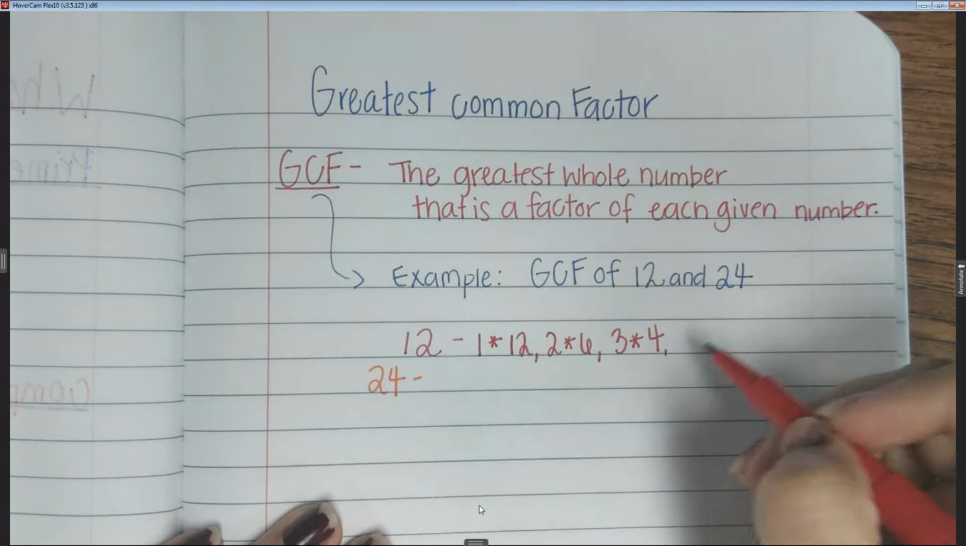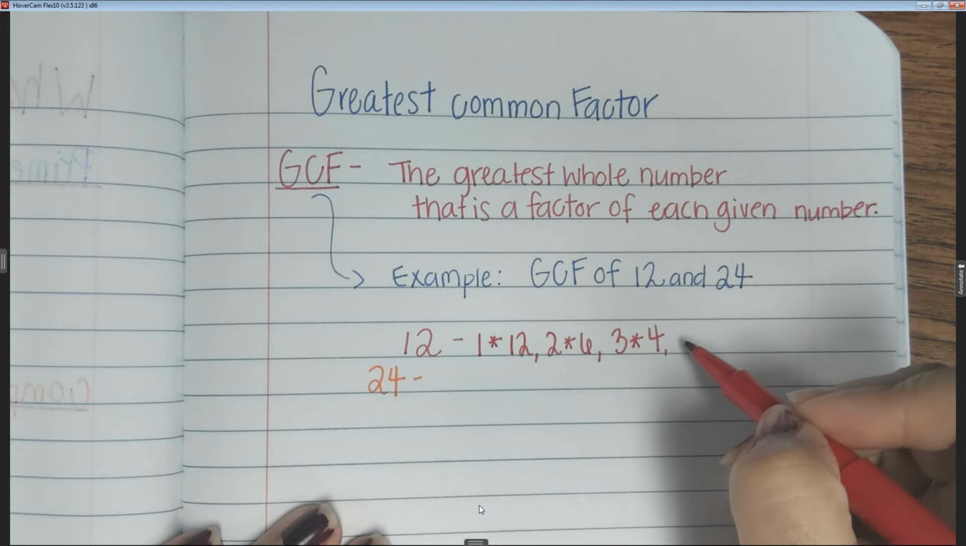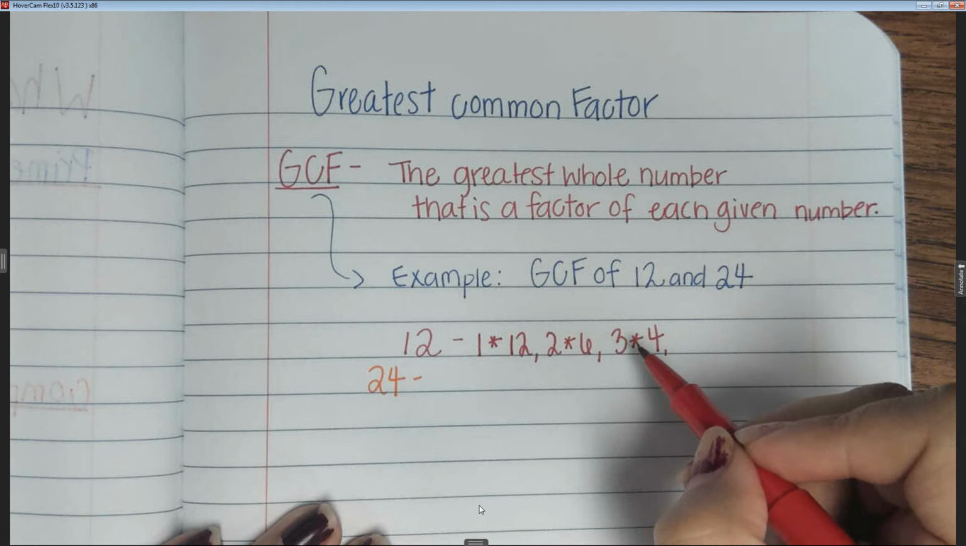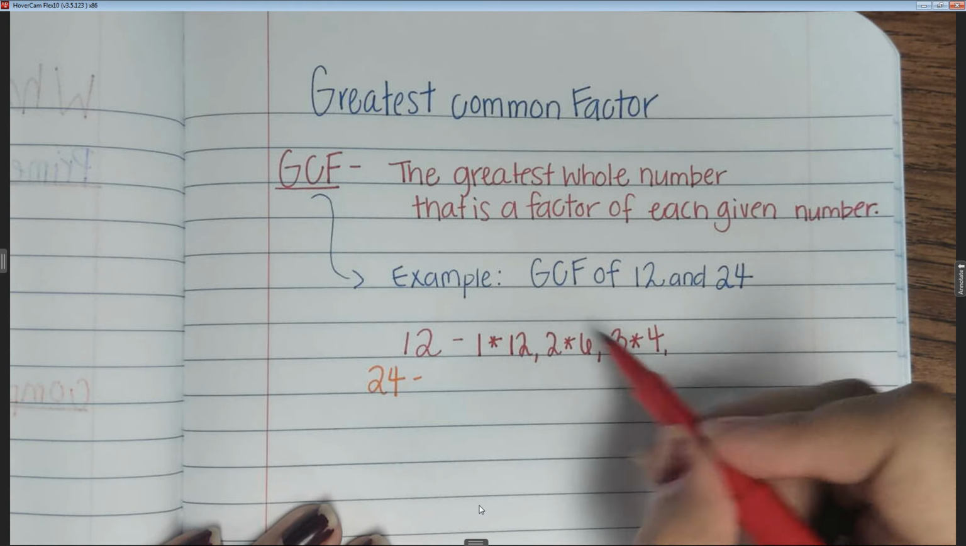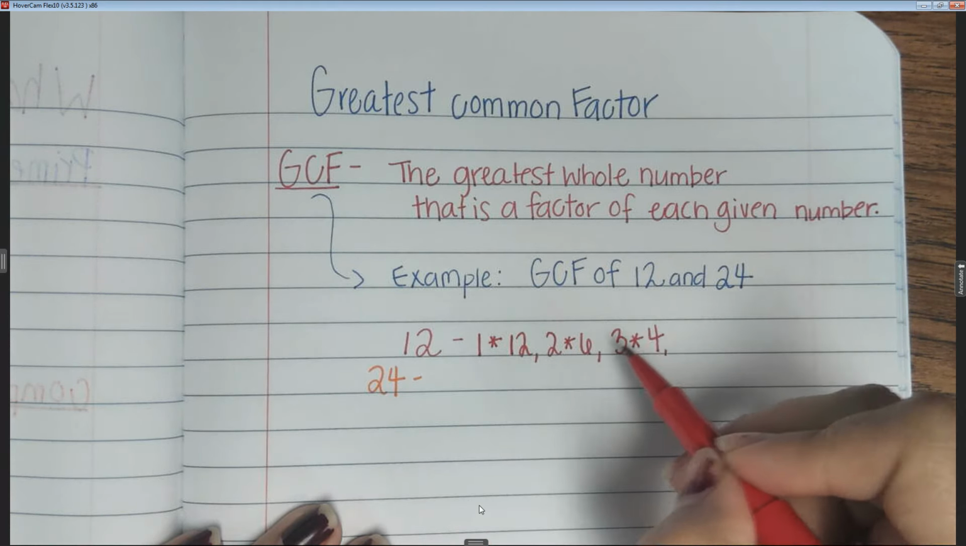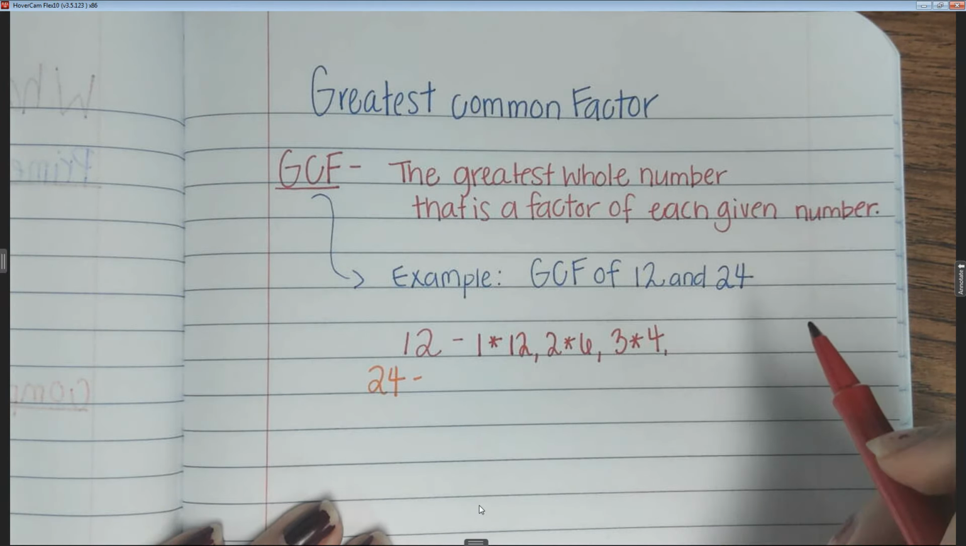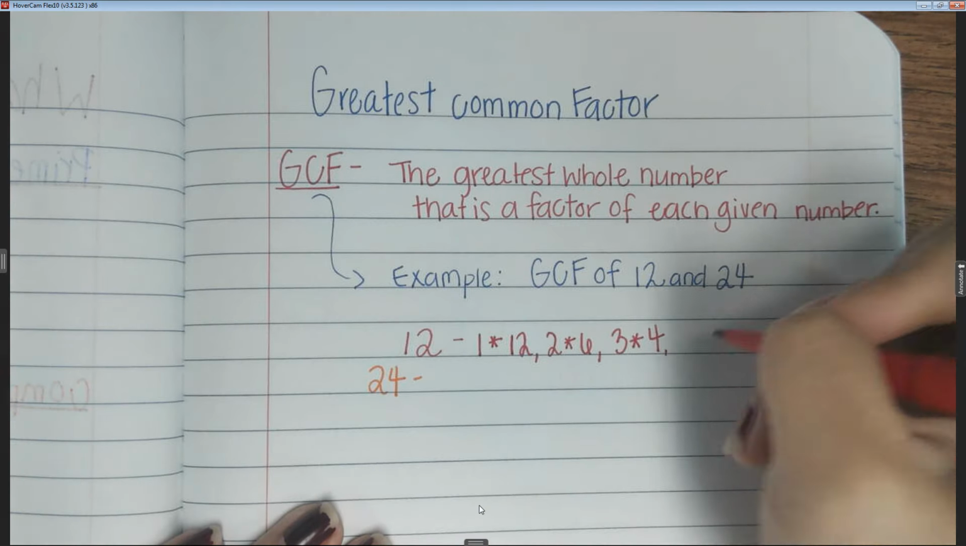And then if I look at 4, 4 times 3 is 12. Now, one thing about multiplication, if I do 3 times 4 and 4 times 3, it's still going to give me the same product. So I already used those factors, so I don't have to use them anymore. So these are all of my factors. So my factors of 12 are